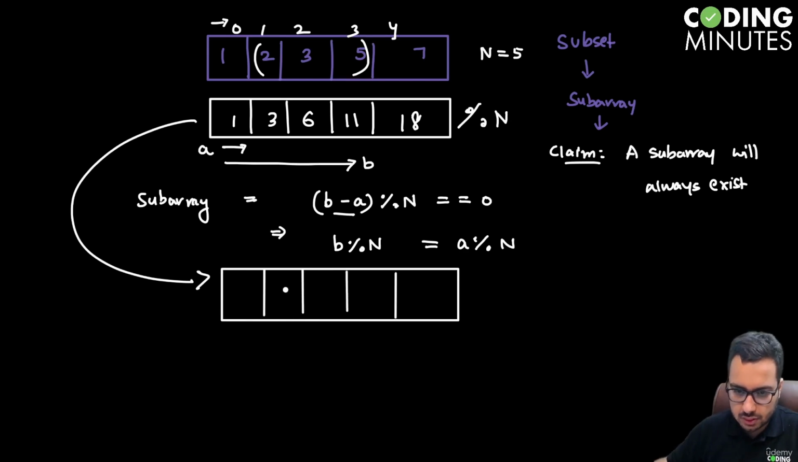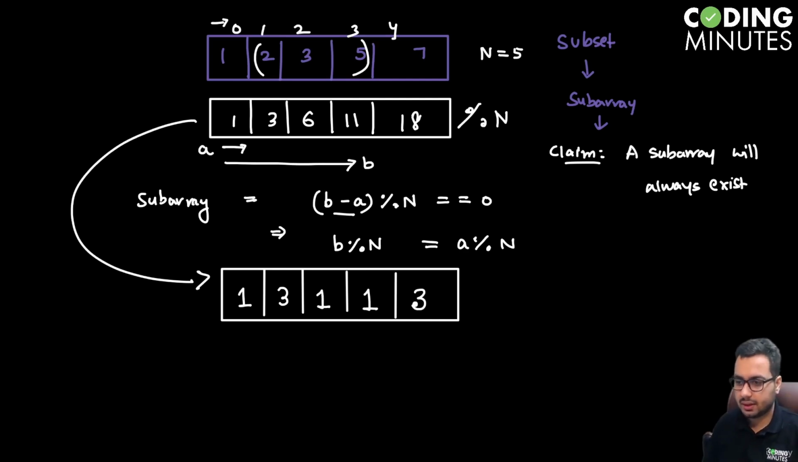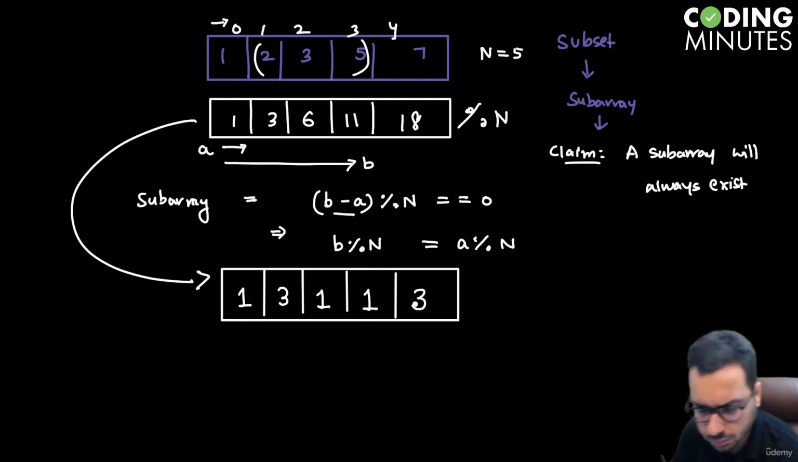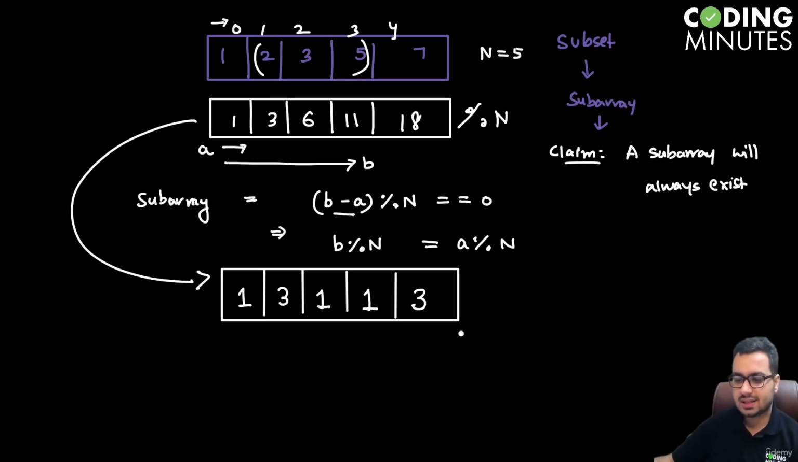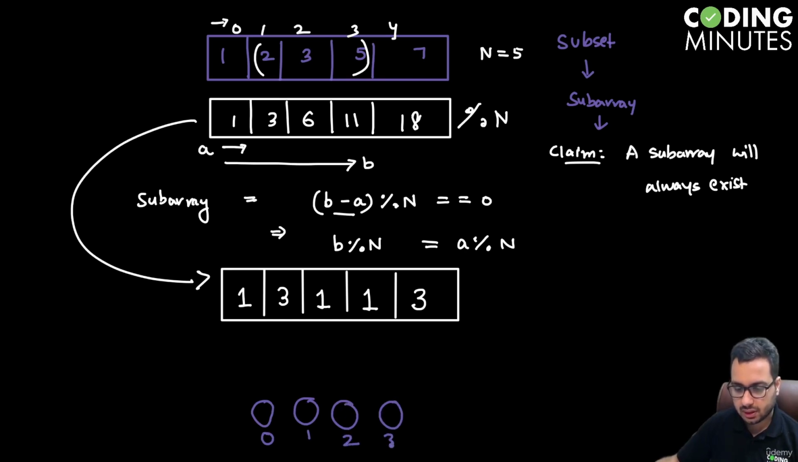Okay, so you're going to get 1 mod 5, that is 1, 3 mod 5, 3, 6 mod 5, again 1, 11 mod 5, again 1, 18 mod 5, that is 3. All right, so we are getting so many numbers. So now we also know that something mod 5 will always lie in 5 buckets. Okay, so something mod 5 or something mod n will always lie in the buckets 0, 1, 2, 3 and